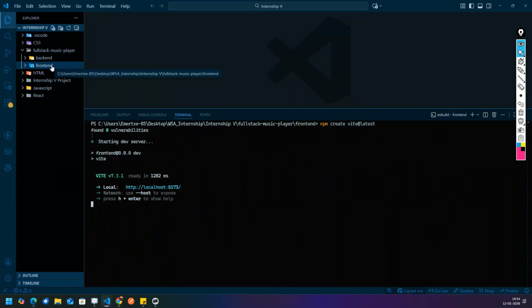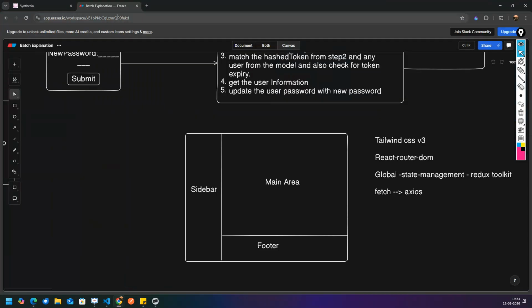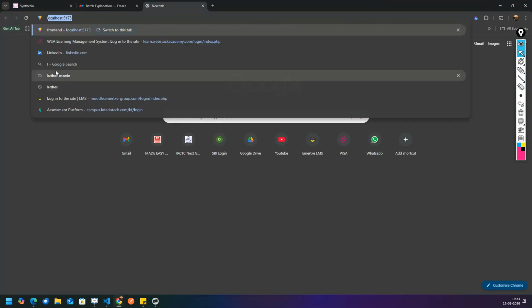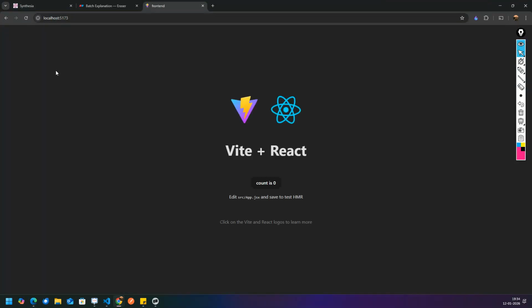Okay, done guys. As you can see in the front end, it will be running. So in localhost 5173, if I go, here it should be working fine. You can see the app is working.